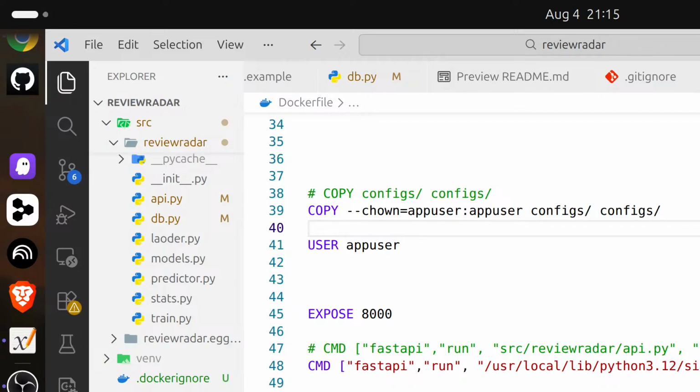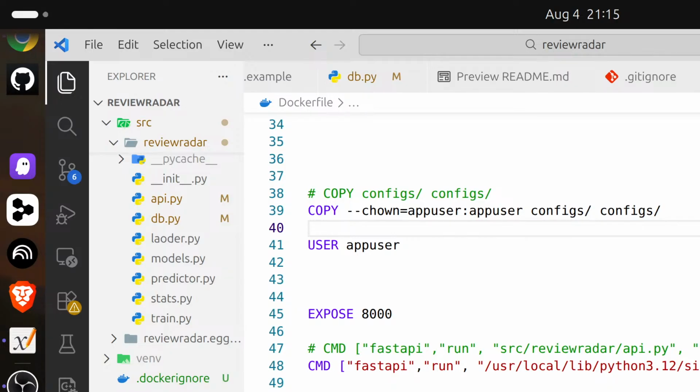Instead of -e, what I can do is --env-file .env, which can load the variables, and I can add host,